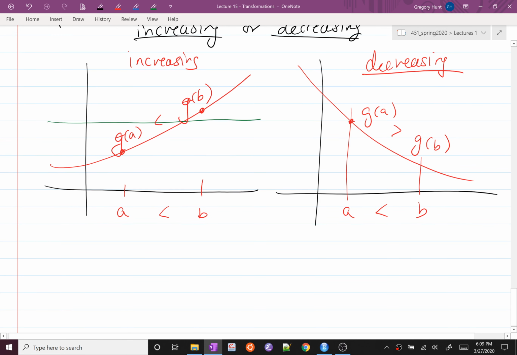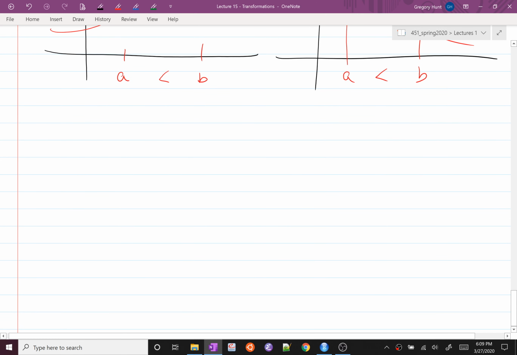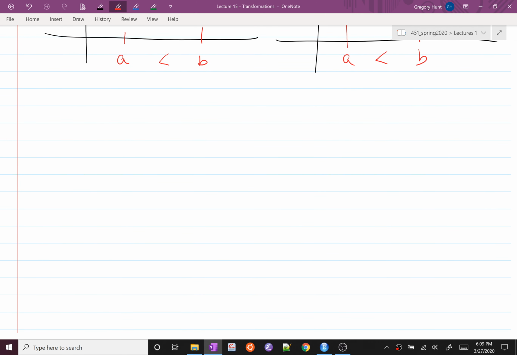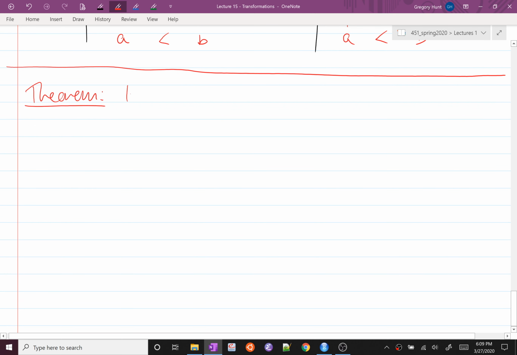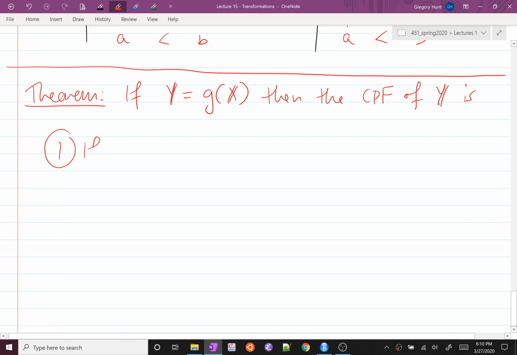So let's look at what we can say in the continuous case. And we're actually going to start with CDFs. So, theorem. We're going to say that if we have a random variable Y as some function g of X, and I want to get the CDF of Y, we're going to have two cases. In the first case, if g is increasing,